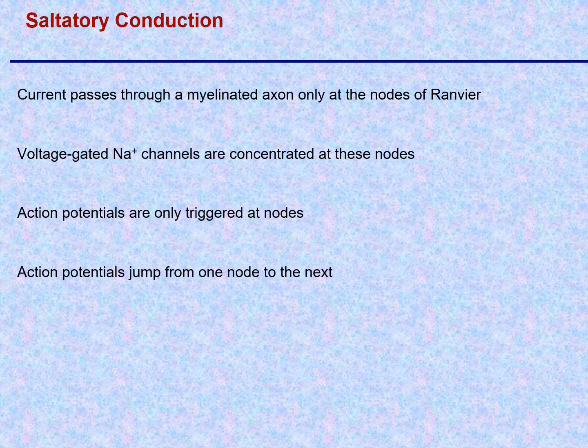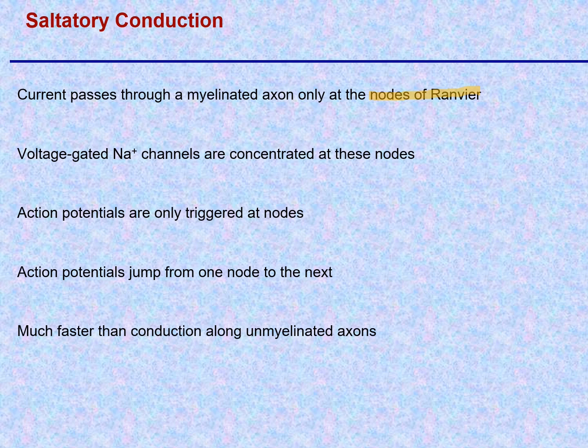What happens, in fact, is that the current passes through a myelinated axon faster because it only has to occur at what are called the nodes of Ranvier. The nodes of Ranvier are the places where the axon is not myelinated. So in between the myelin sheath, there's a series of myelinated areas along the axon, and the nodes of Ranvier are where there is no myelin, and the